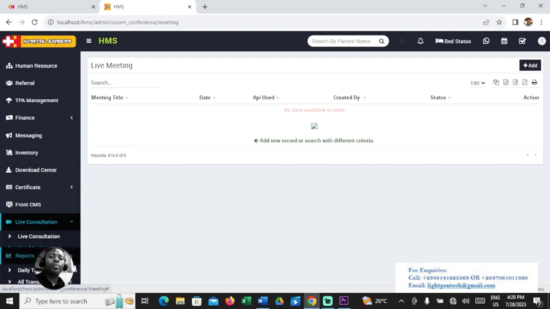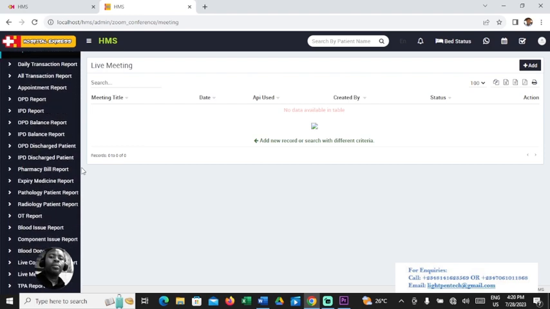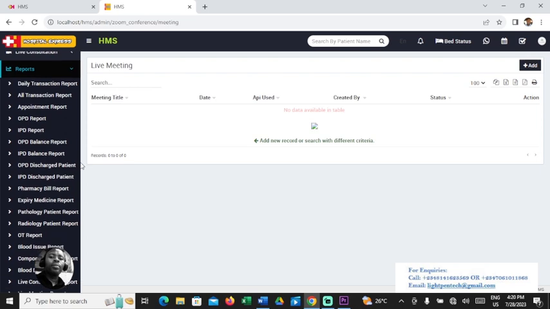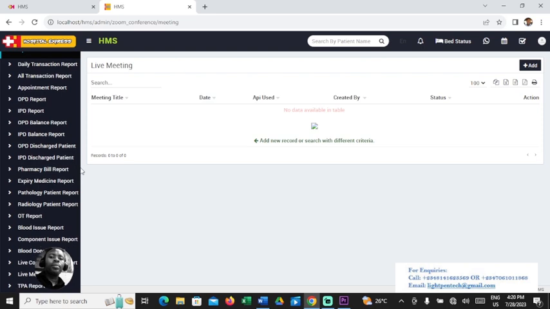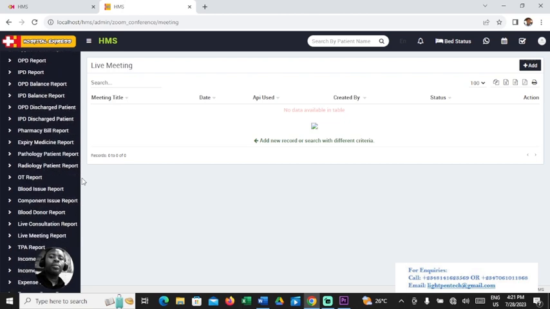So we have various reports, the report section. Look at the report: daily transaction report. We can download it. All transaction report, appointment report, OPD report, IPD report. We can download it, or we can get those reports on a daily basis or monthly basis. OPD balance report, IPD balance report, OPD discharge patient, IPD discharge patient, pharmacy bill report, expiring medicine report,